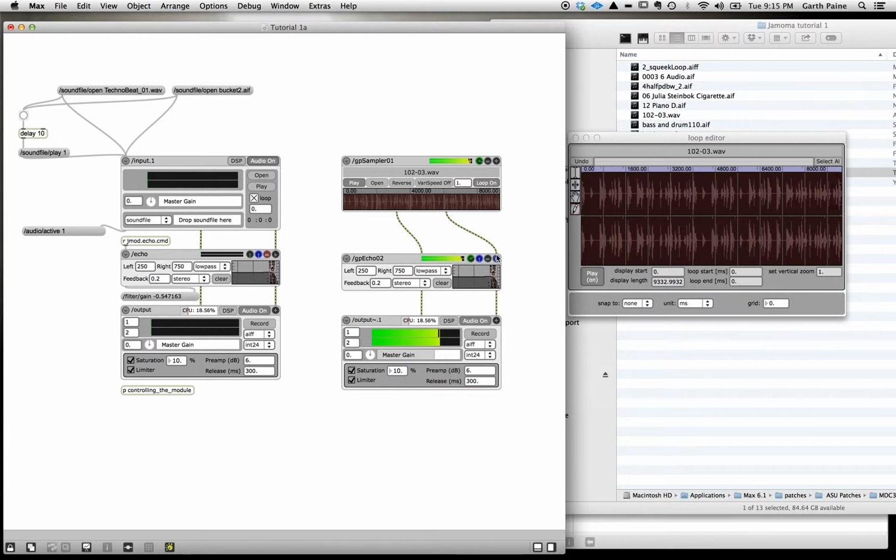That's bypassed. You'll see there's a bypass button there. So that's just this signal being fed through there without it making any difference to the output. Let's add the echo again. 250 milliseconds on the left side, 750 on the right side with 0.2 feedback. So that's with the echo off. Back on again, echo off,